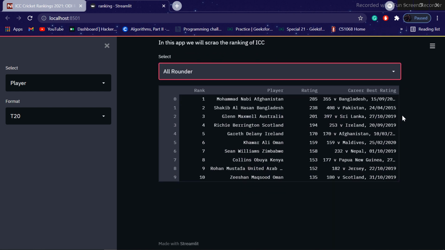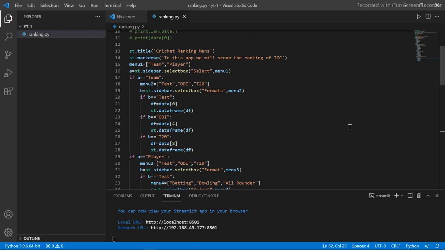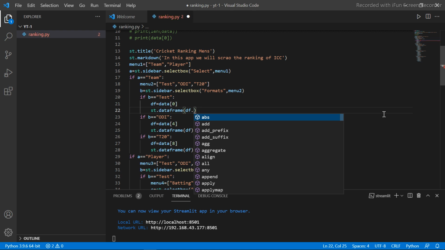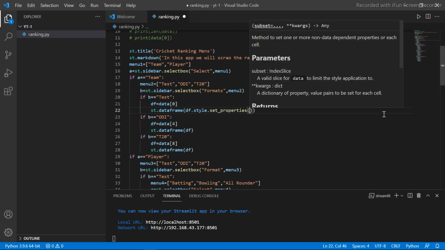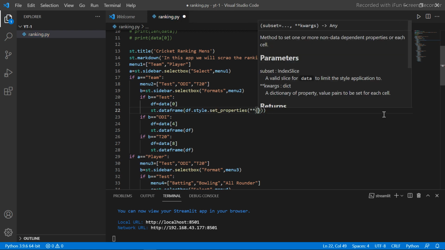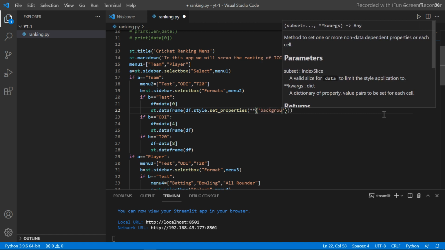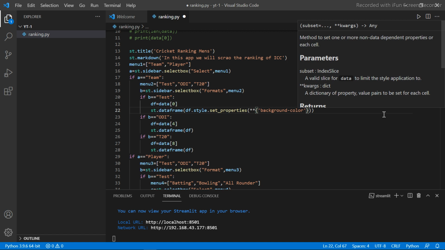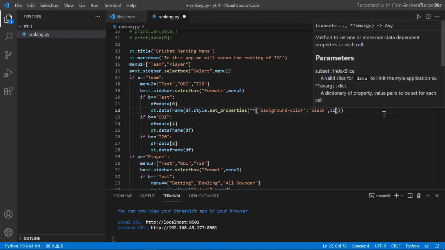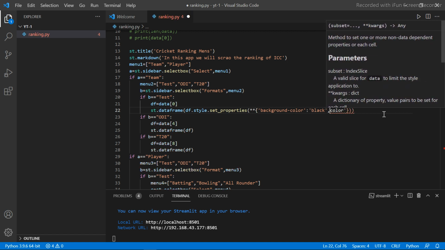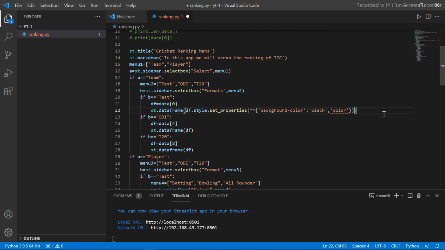Now we can change the color of our data frame. Here df.style, background color, I will give it as black, and text color will be green. Cool.